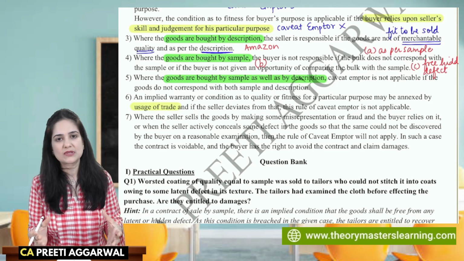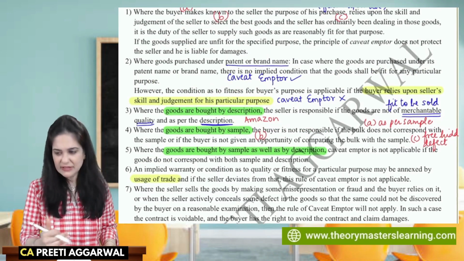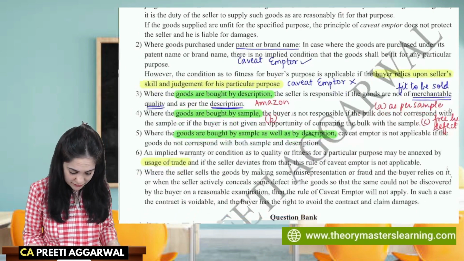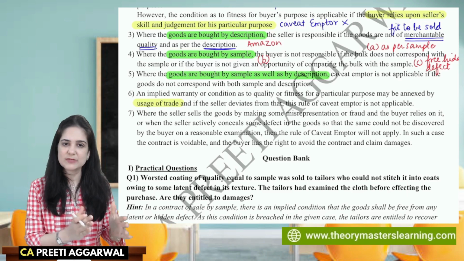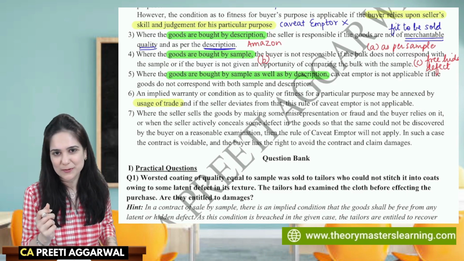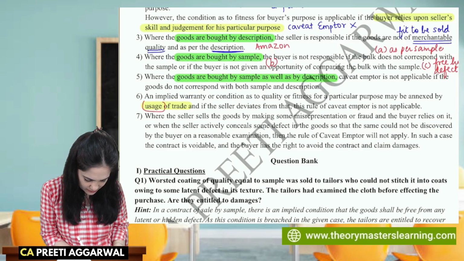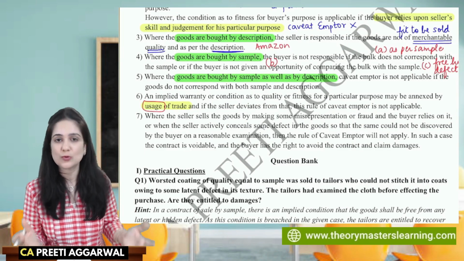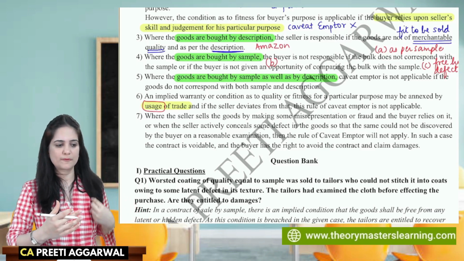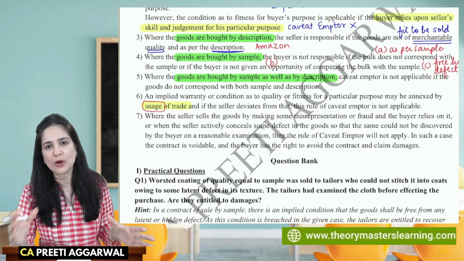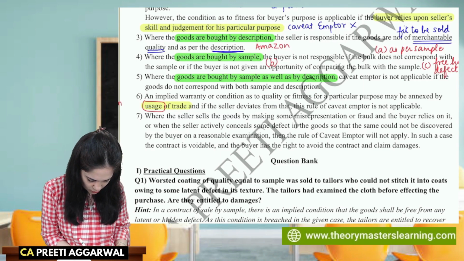So sometimes there is nothing written in the act. Whatever we discussed above, everything is mentioned in the act. But what if it is something which is not mentioned in the act? It is annexed by usage of trade. Now, what is usage? Usage means repetitive acts. They are unwritten rules. When these repetitive acts are followed by many, it becomes a law which is known as a custom. Usage is unwritten rules.